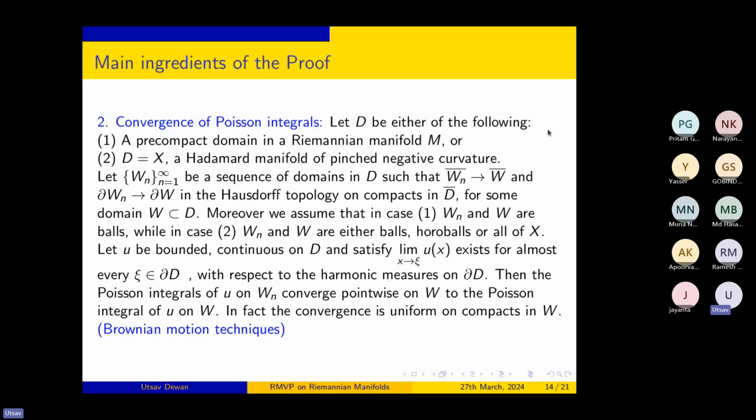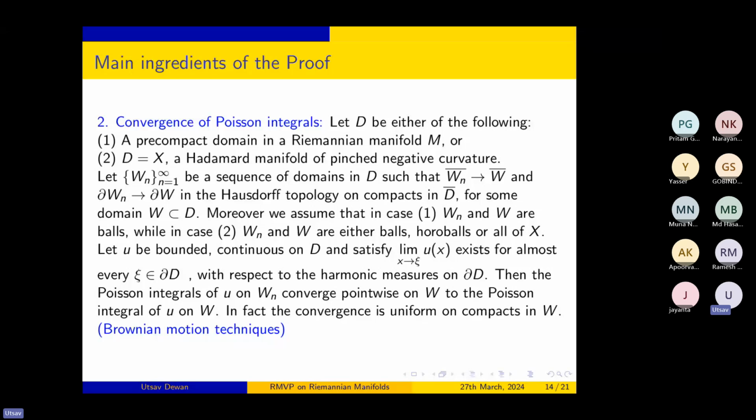So the point is that in all these situations, there is an unbounded self-adjoint extension to all of L2 of X, and corresponding to that you get a heat semigroup. Due to these assumptions on the space, this heat semigroup is going to be very nice. It's what's called a Feller semigroup. So it's going to be a contractive, positive semigroup of strongly continuous operators, and then also it will satisfy the Feller properties. Okay, so the heat semigroup is going to be a Feller semigroup, and